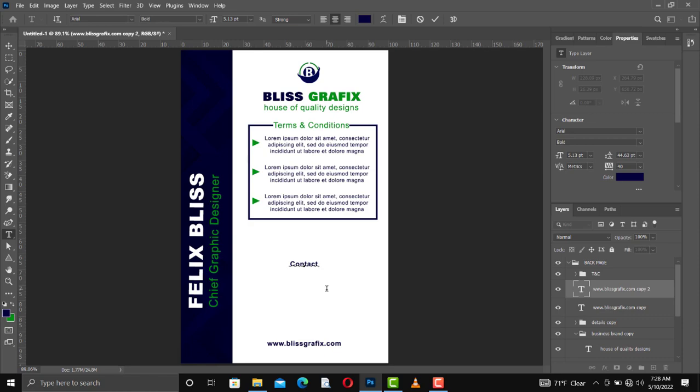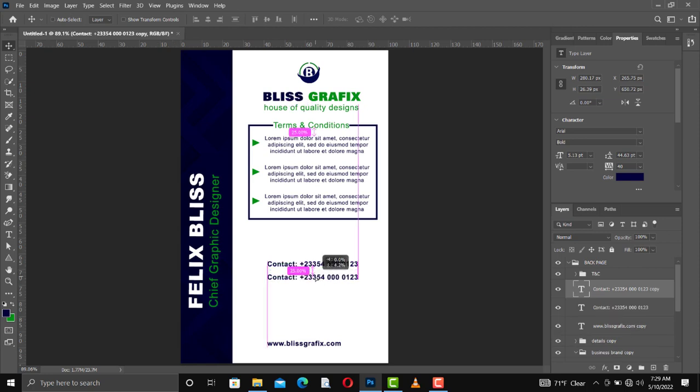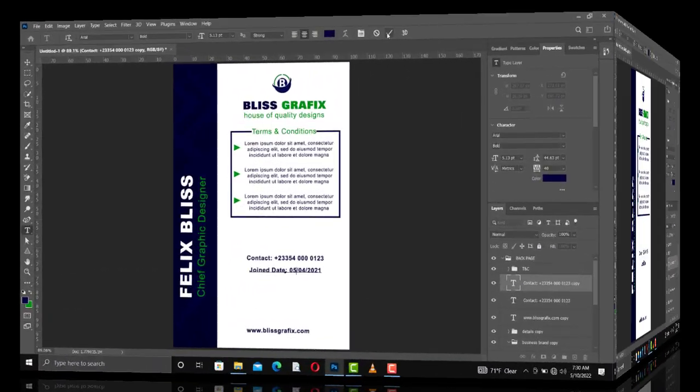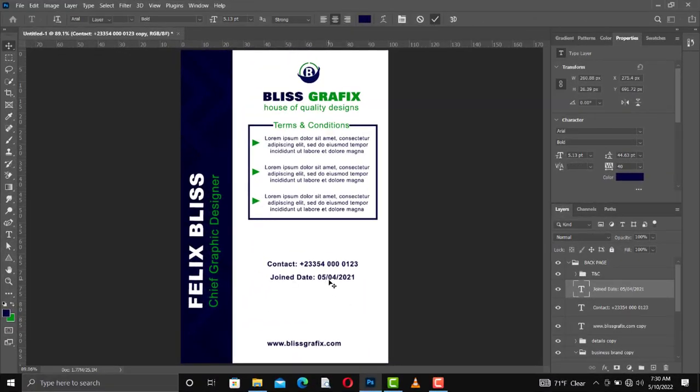Then the contact, I made a mistake with the contact. Actually, this is the professional way of writing it. 3 will come here. Then the 4 will come here. So from here, I will add the date the person joined the campaign. So Control J. I'm a master of Control J. I like Control J. Control J is very important in Photoshop. So joined dates. So date joined. Then make another copy